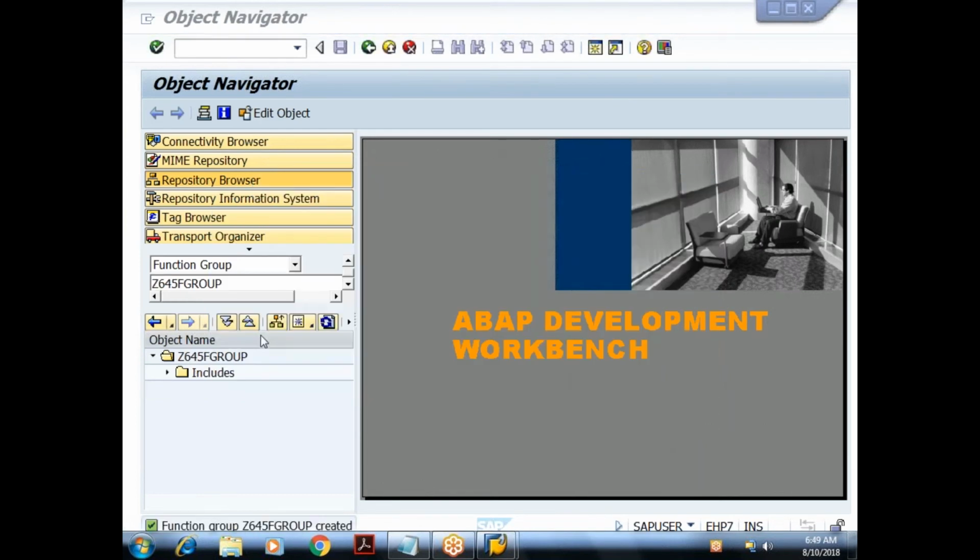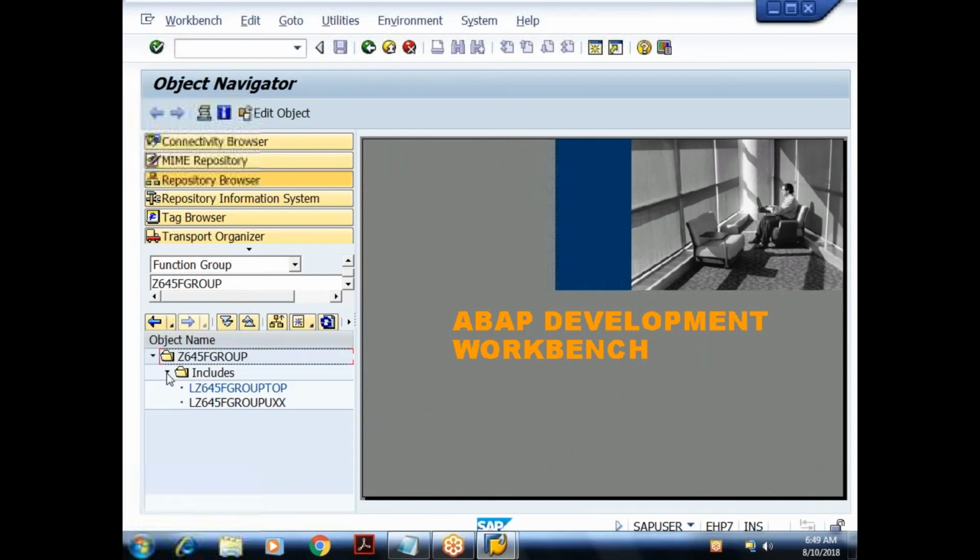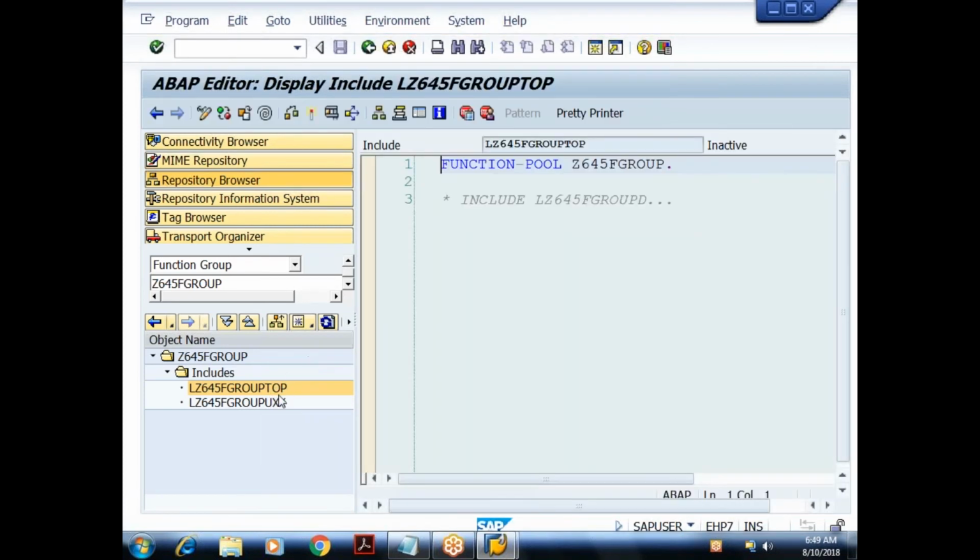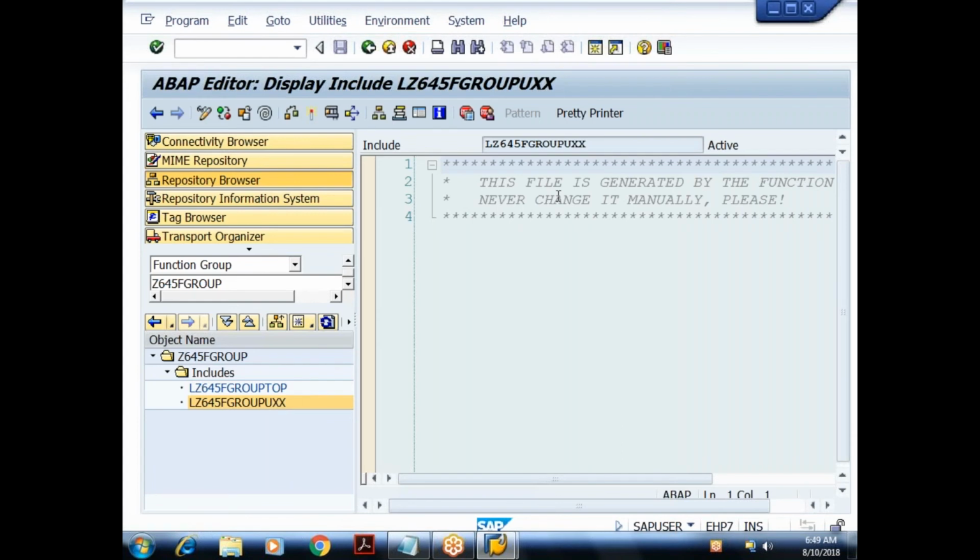Right, function group is created, and as usual, once a function group is created, two include programs get created. One is the top include program, another is UXX. As of now, the top include program is blank. When I double click on this, it is an empty include program, and even UXX is an empty include program.